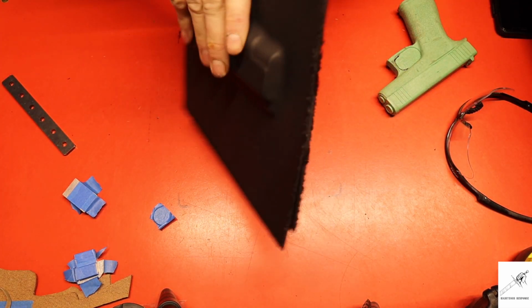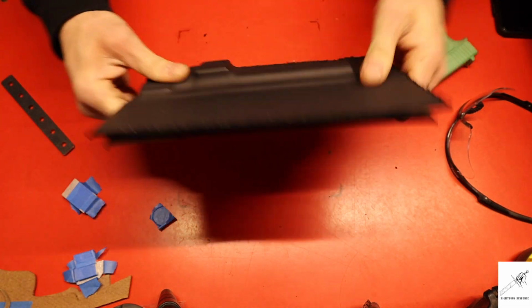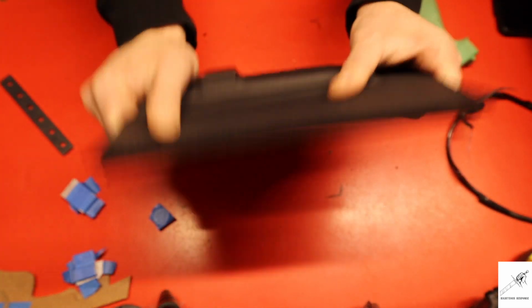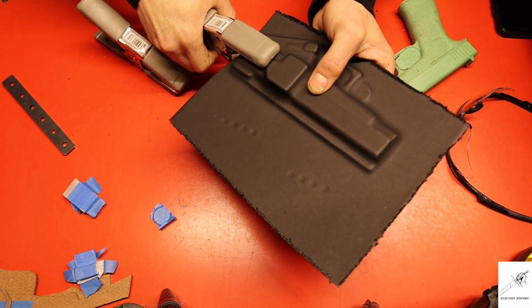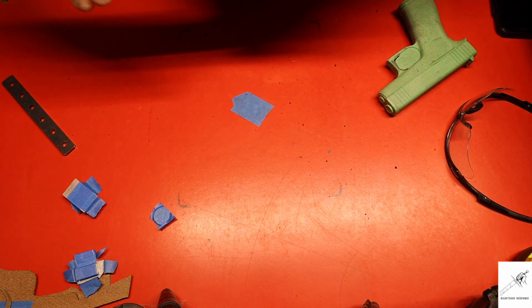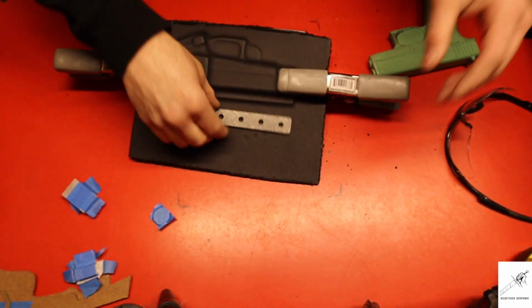Alright, I cut off the little overhangs on the kydex with the bandsaw, and now you can see I can actually sandwich this thing pretty flush. What we're gonna do is grab some clamps. We don't want this thing moving around when we're setting our eyelets on. So we gotta keep in mind the